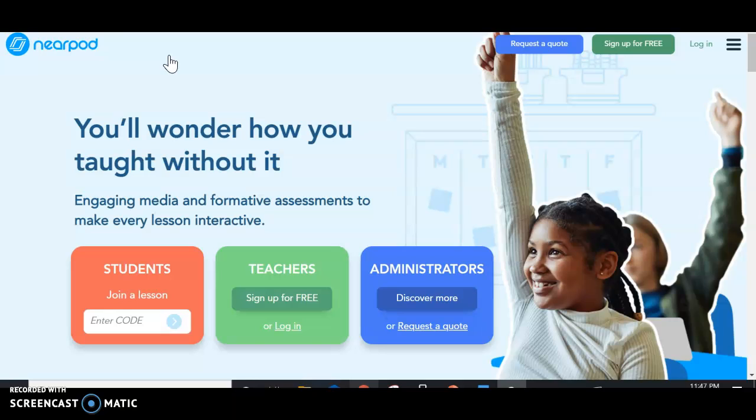They are able to actively engage with discussion boards. They are able to take formative assessments, which gives real-time feedback to teachers through surveys, polls, or quizzes. And they're also able to be involved creatively through a drawing board. So students would be able to join a lesson with a code that brings up the whole presentation on